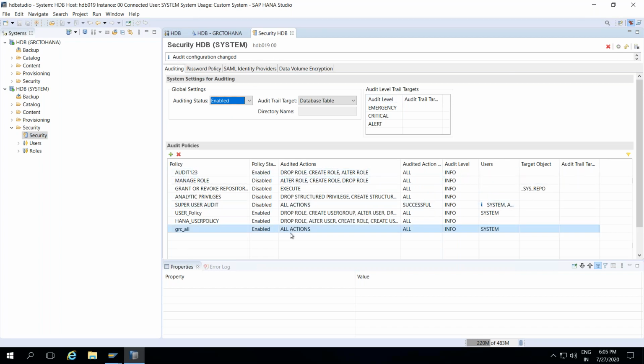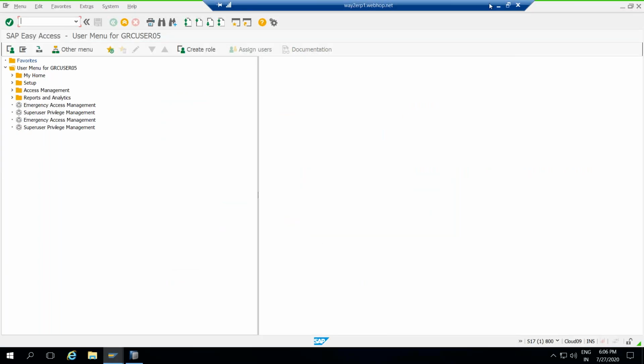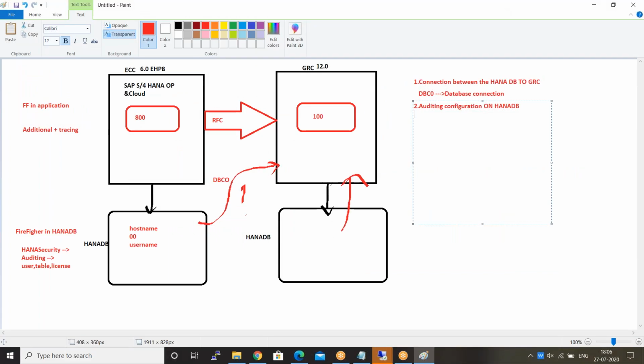So this is the audit page. It shows that some of the things are disabled. By default, now, once you log on to GRC and do any kind of activity, everything will be recorded. Now I want to add this into my GRC system. So our next step: the audit configuration is done and the policy creation is done. Next step, log on to the GRC system and add your connector settings.